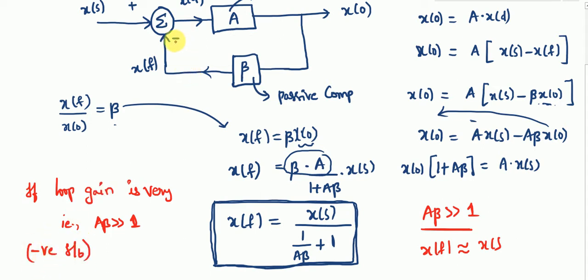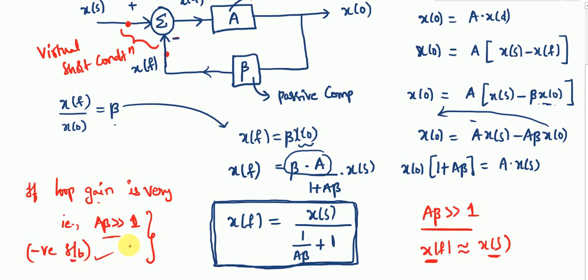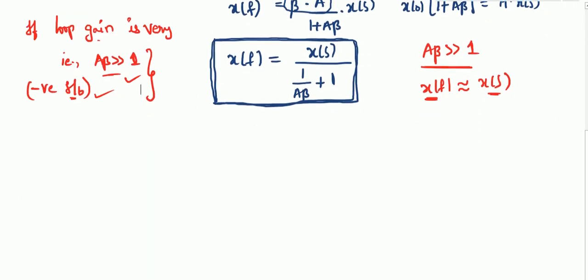This is negatively fed back to the input, right? So negative feedback. Then in such case, x_f is approximately equal to x_s. That means these two terminals are almost equal, hence this condition is called the virtual short condition. That's why you have to check for these two cases thoroughly before applying the virtual short. Anyway, we are going to discuss that in the discussion of op amps. But for the time being, as we came across that point, I explained about that.